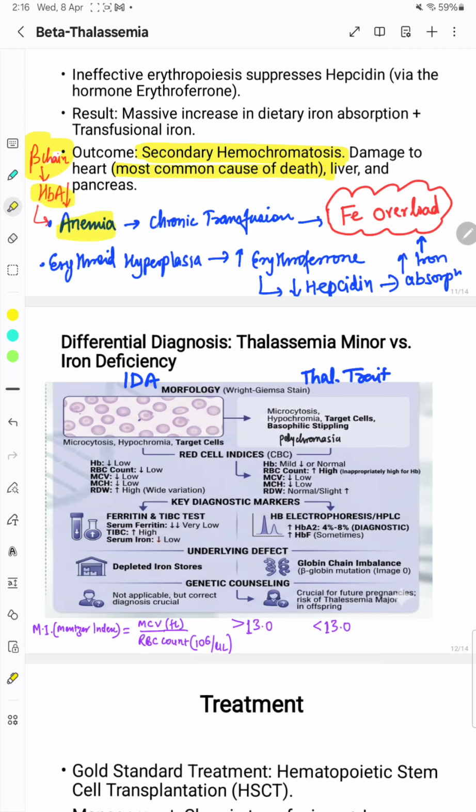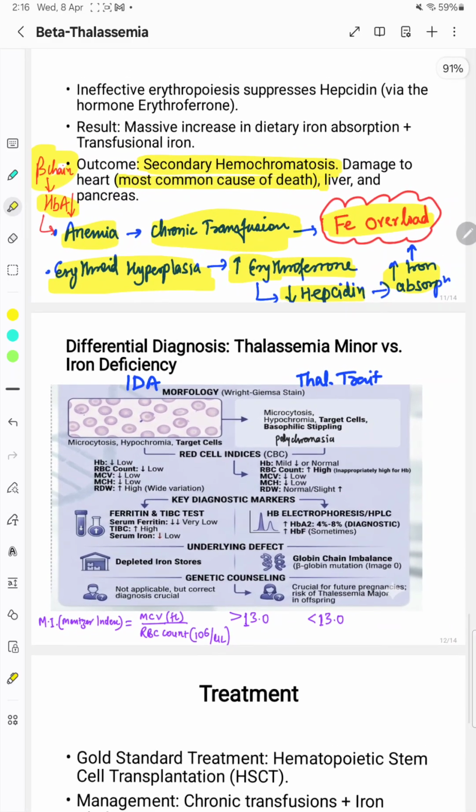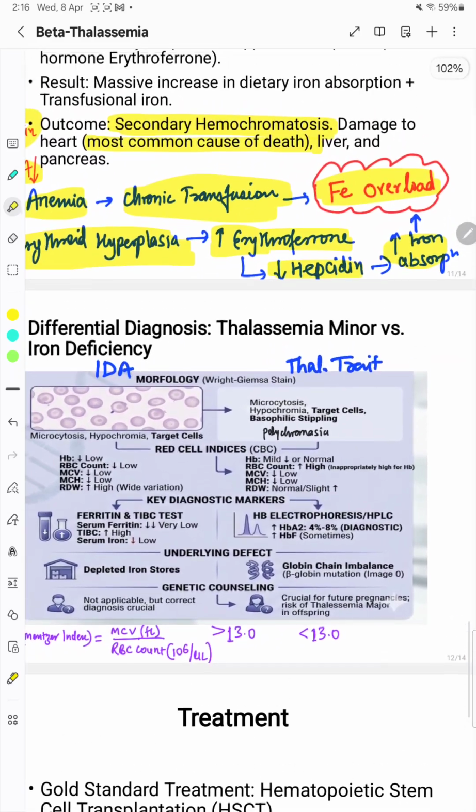This causes anemia, and to treat this anemia, patients require chronic or repeated transfusion. This will result in iron overload. And the other mechanism is, as we have discussed, there is erythroid hyperplasia in beta thalassemia. So in erythroid hyperplasia, there are increased erythroid precursors. They release erythroferrone, which decreases the hepcidin and results in increased absorption of iron from the gut and causes